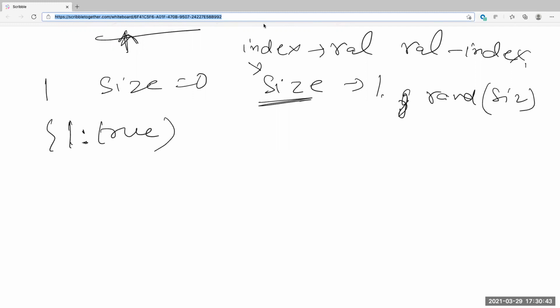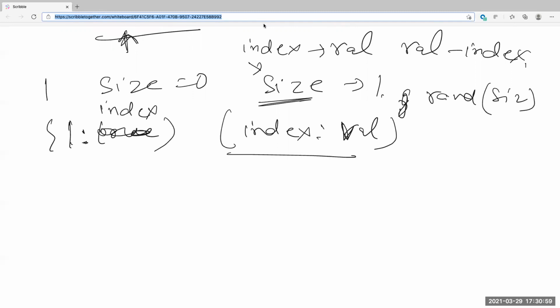Well, if we had the second hash map, then is the index the problem? And are you saying that we have an index and a value like this in the second hash map? Yeah. So whatever we are inserting in the first one, the reverse of that has to be inserted in the second hash map. Right, but I think that wouldn't be important because every single time we add or remove, we have to update both hash maps, and those become O of n operations. Yeah, that's another thing.